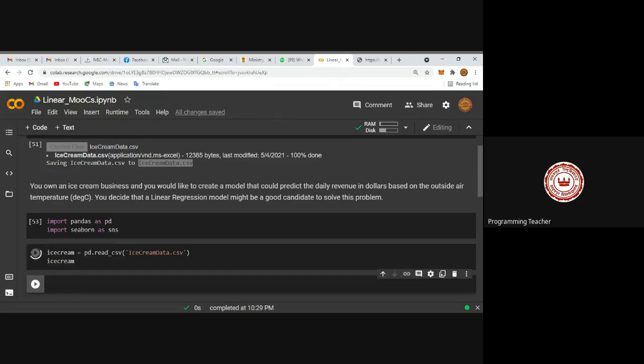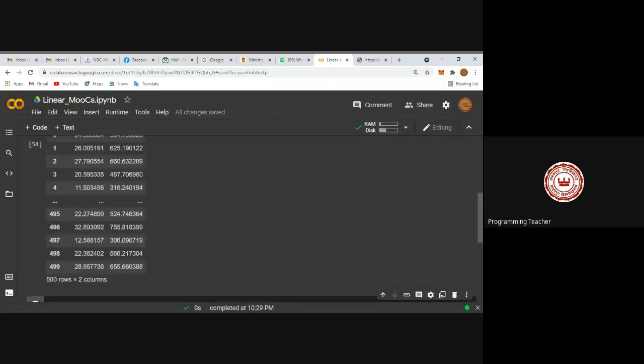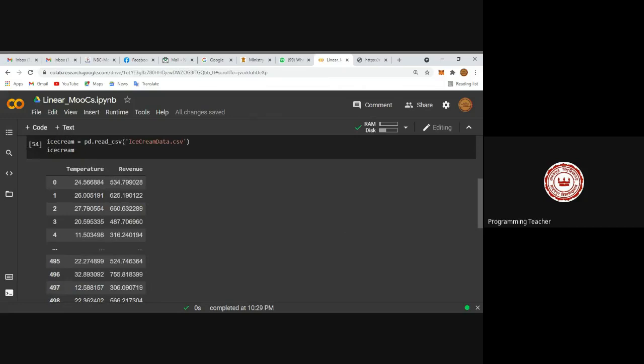First, try to understand. Two columns, as usual, temperature and revenue, which you studied. Before starting the regression, what I told you, you need to find out X and Y. Hopefully you can remember this. So how can we start here? The problem statement clearly states you have to find out the dependent variable as well as the independent variable.